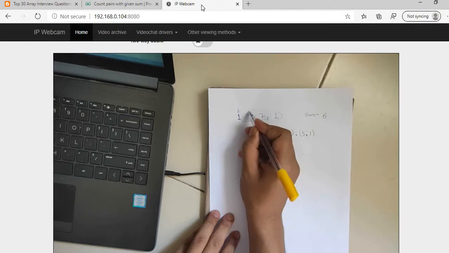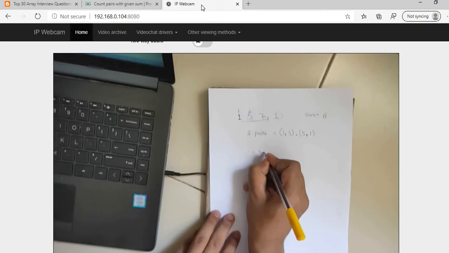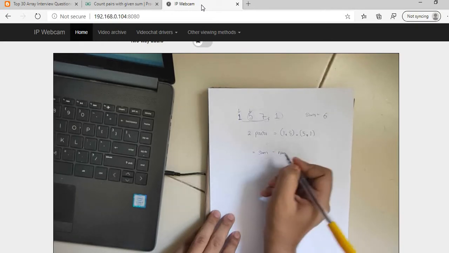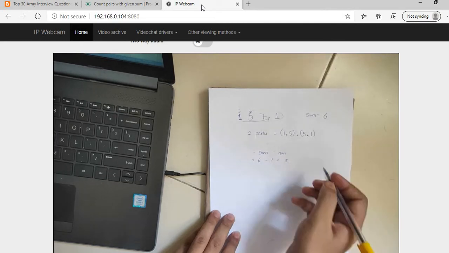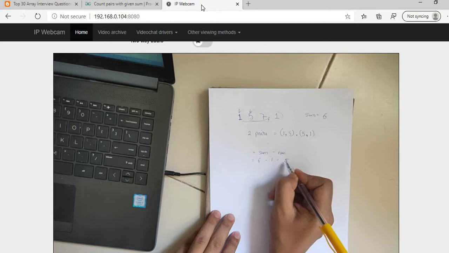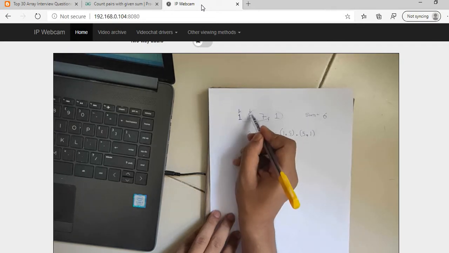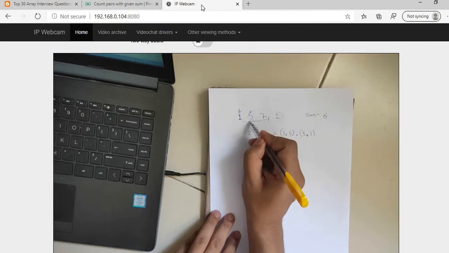So we need to find sum minus number. Here sum is 6, number is 1. We need to find how many elements, which are 5, are after 1. It is only 1, after 1 it is this one only.